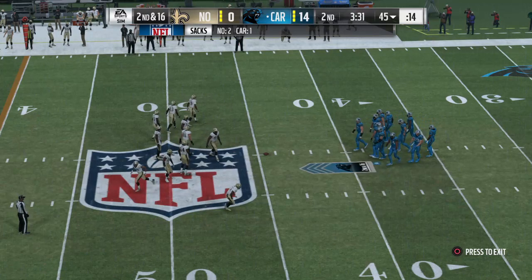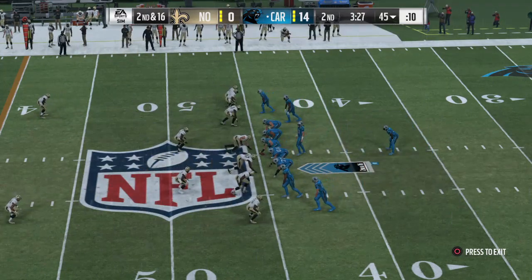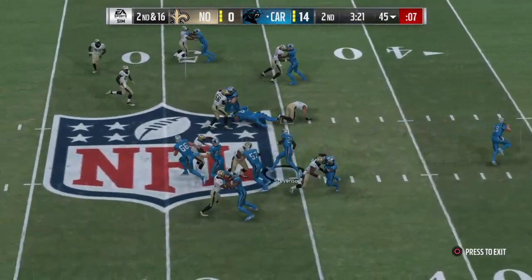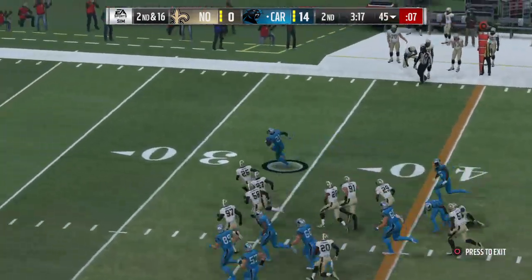Man, he got in there so quickly, Charles. What could the offense have done to adjust and account for that? What you're hoping is that you figure out and you see and get a clue that maybe there's going to be some pressure coming at you, and you change the blocking schemes. Maybe you go to max protection. The biggest ones maybe you bring...